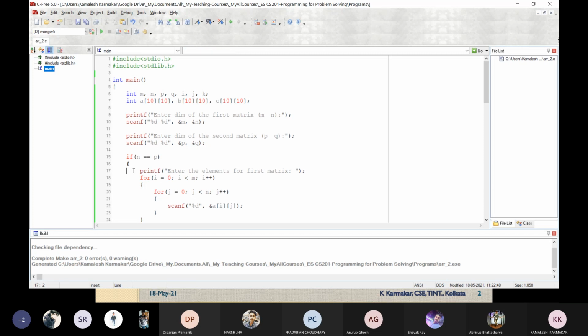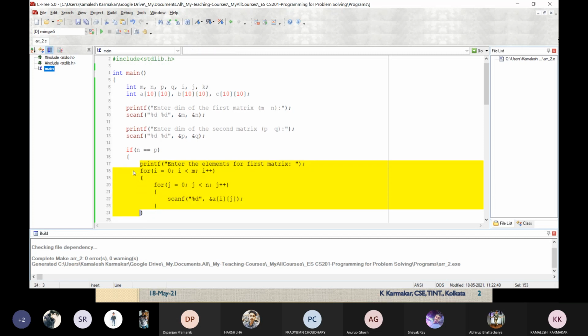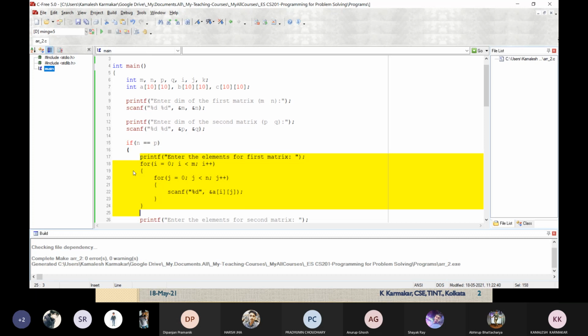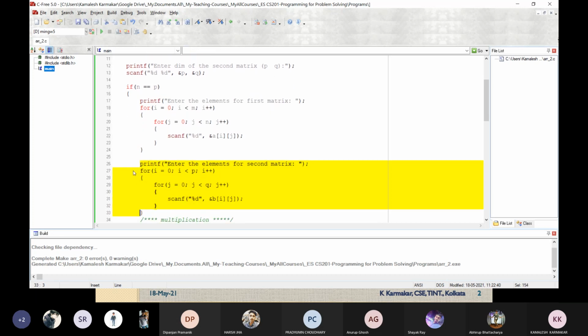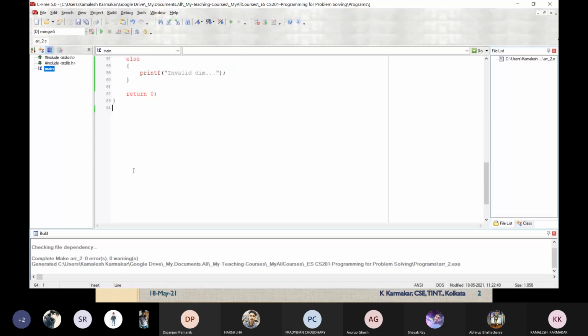Just you can see that here we are using this block twice. Okay? The same block is being used twice. So we have to write the same code twice within our program to take the input for the array. Now instead of that, what I can do is declare a function. Okay. So the function is void read matrices, that means read mat.